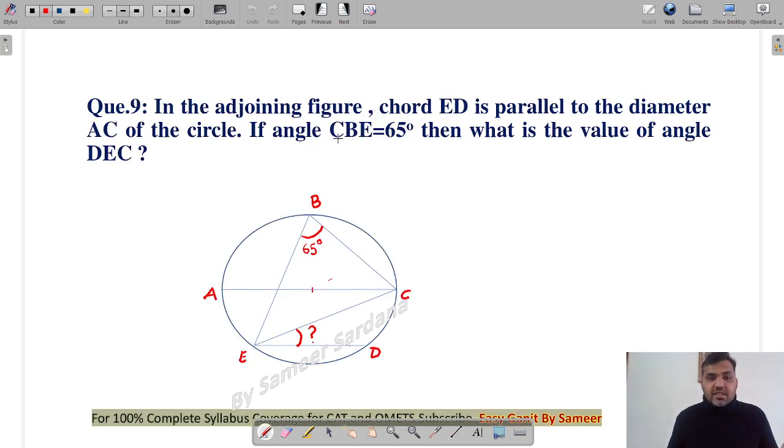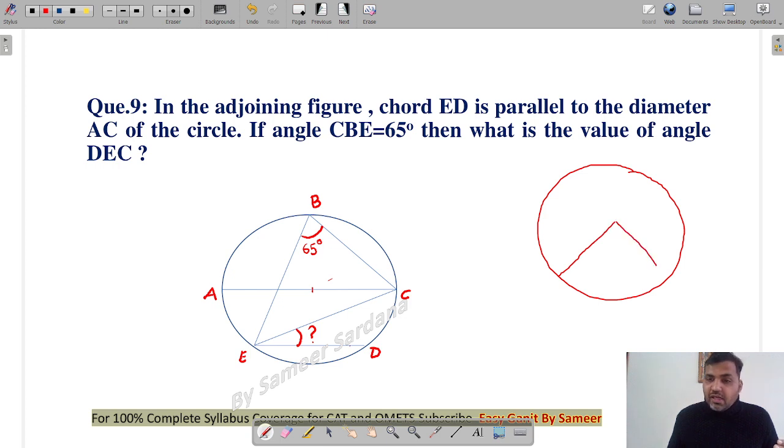Here's the next question, guys, right? From circles. Now, for circles, guys, the two or three important rules that you should know, let me first explain those rules to you. See, guys, in a circle, angles subtended by any chord or by the minor arc of a circle: the angle subtended by the minor arc AB at the center O will be equal to twice the angle made by the minor arc AB at any point in the major arc.